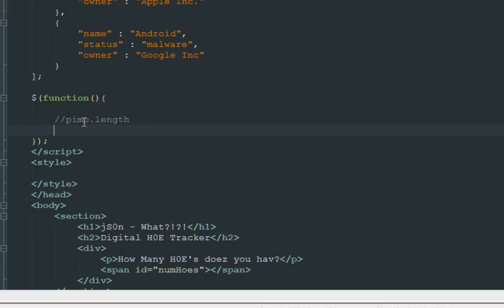Please don't take offense to this. This is just an example to teach you JSON. So we're going to append. We're going to put the value in num holes, the number of holes. Okay, so we're going to answer this question right here. Okay, so that's num holes. Now we're going to append the text. We'll change the text